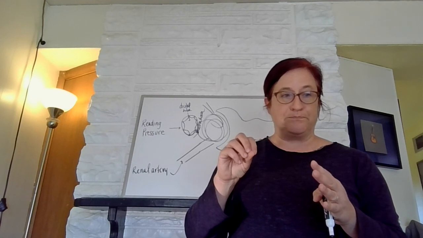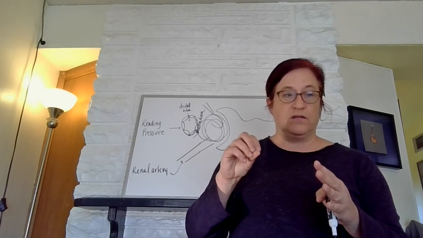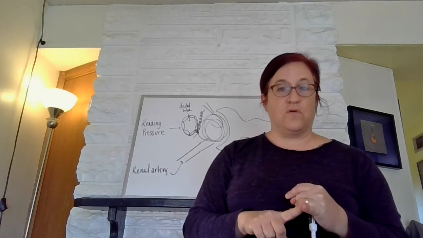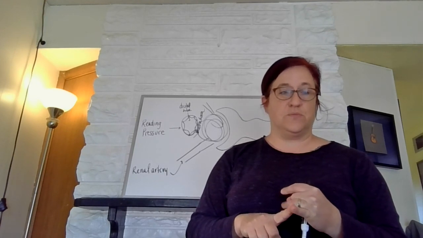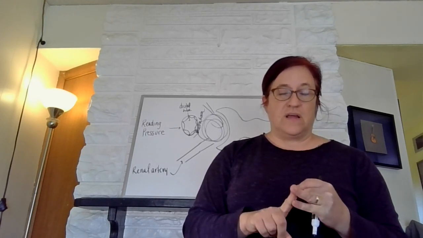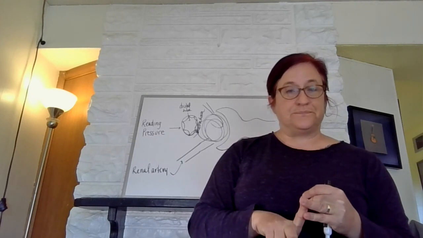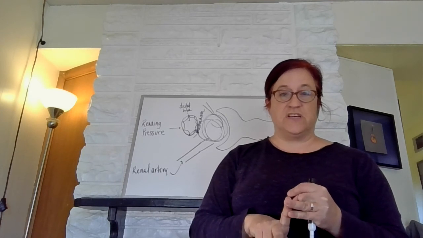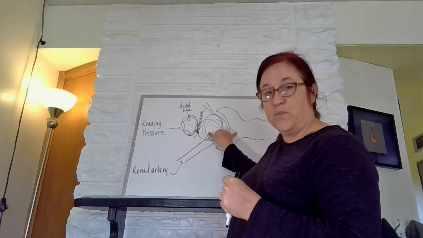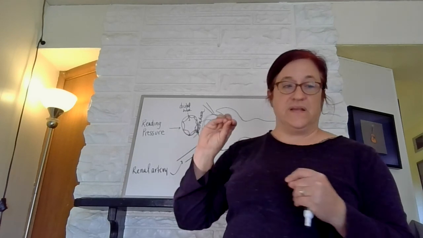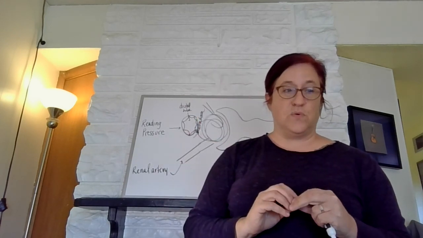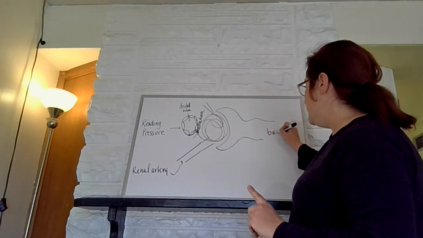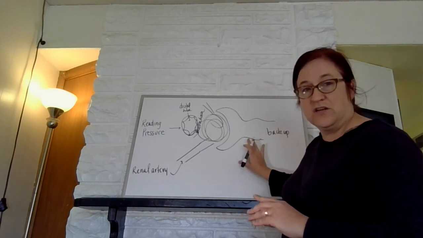that would force filtration. So the glomerular capillary hydrostatic pressure will force water out of the capillary into Bowman's capsule. The glomerular capillary osmotic pressure is low because that also favors filtration. We want this area to be more concentrated than this area because that means water will be forced out into Bowman's capsule. So if there's any problem, any backup in the nephron where there's too much